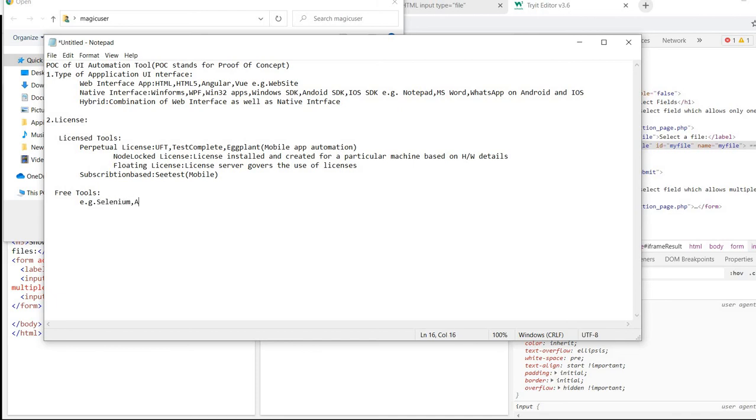There are many examples, like Appium and many others. Now, when you decide which tool you want to go for, apart from the costing, there is one more very important point to understand: when you use a licensed tool, if you get stuck somewhere, right?